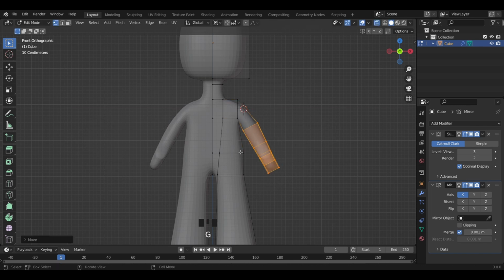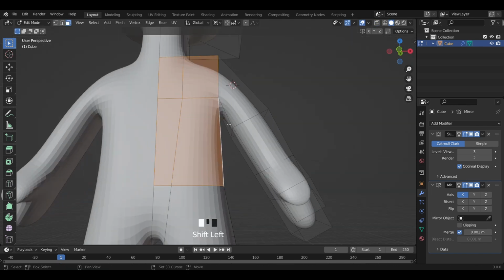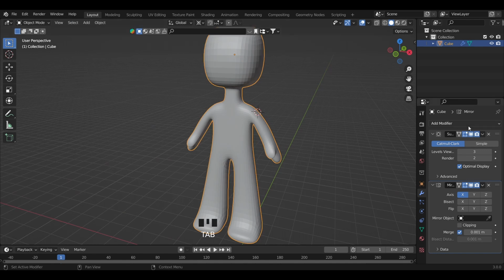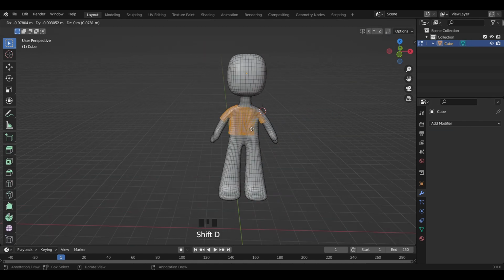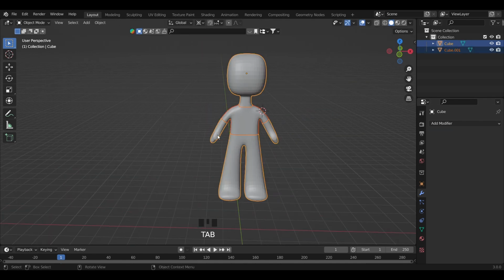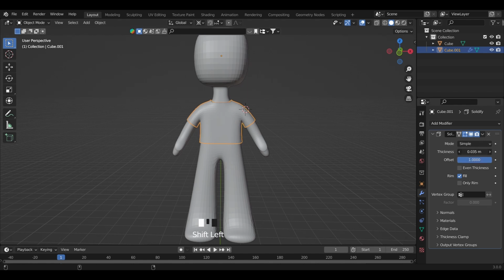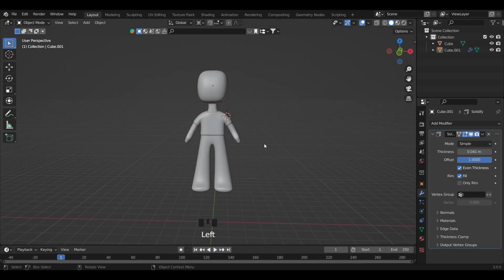Now I'll quickly show you how I make clothes. For the shirt, just select the face required and apply all modifiers. Now in edit mode, press Shift D to duplicate and press P to separate the selection. Let's add a solidify modifier, increase the thickness, and right click and shade smooth, so you can create your own